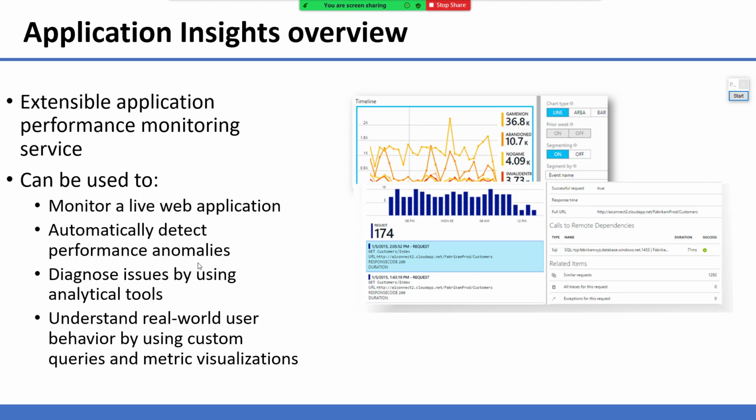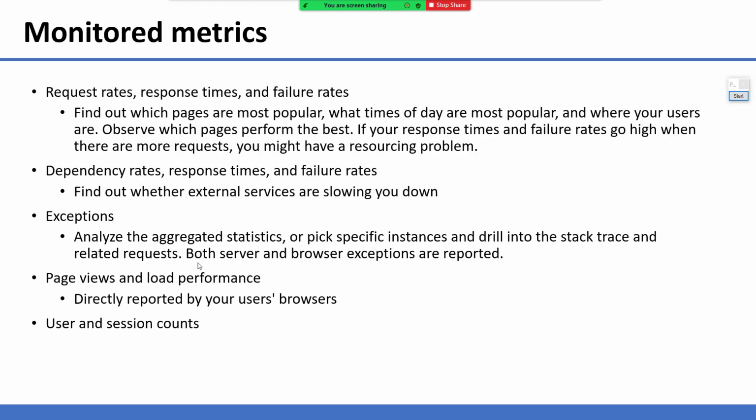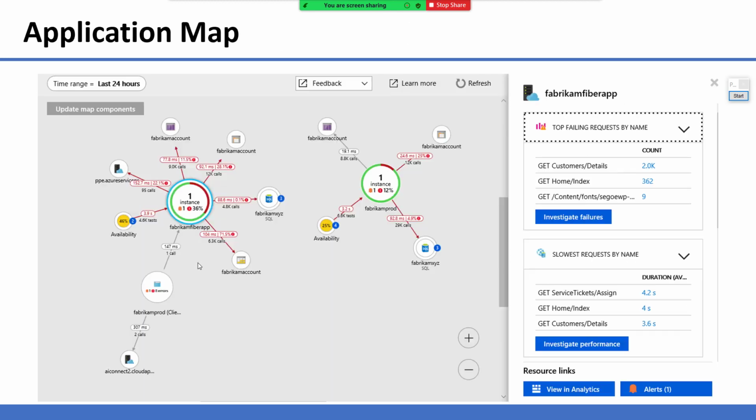Have you ever used Google Analytics? All those features are here, right? So if you have used Google Analytics, it will be easy for you to understand. By using Application Insights, you can also monitor the metrics, and you can see this visualization graph. It is not necessary that you need one Application Insights per application. You can use one Application Insights for various applications or services, and you can see all these things.